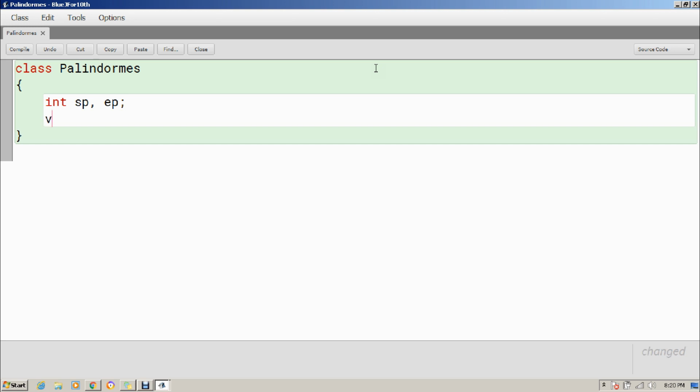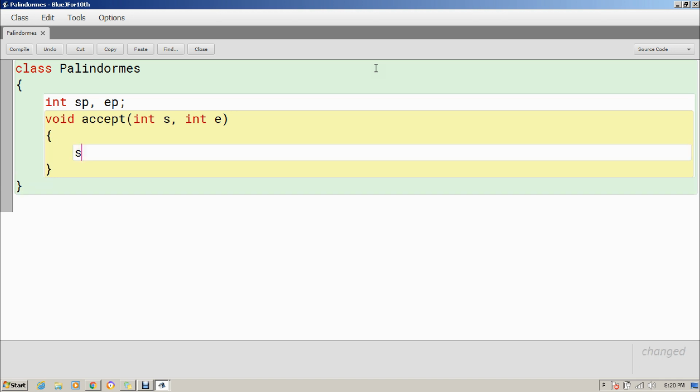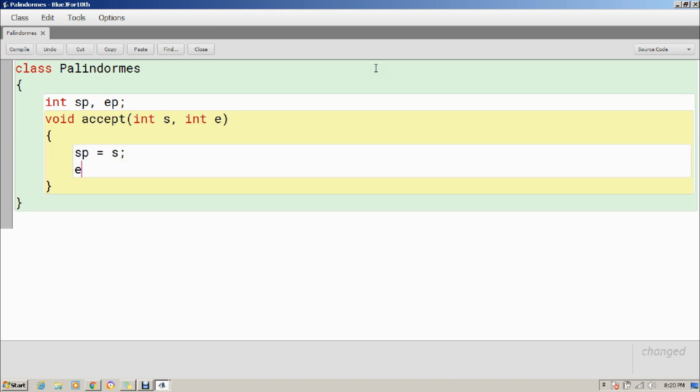Now I will create a method to accept values, where I take S and E, and assign SP the value of S and EP the value of E.